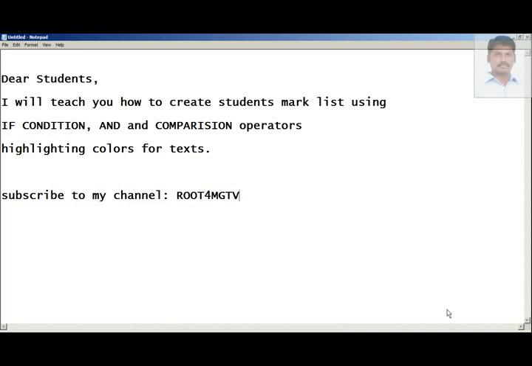Create a student mark list using if condition, and operator, and also comparison operators, and finally highlighting colors for some